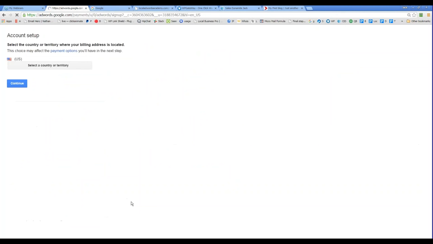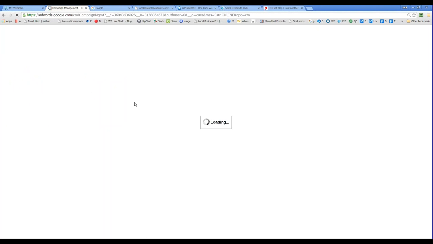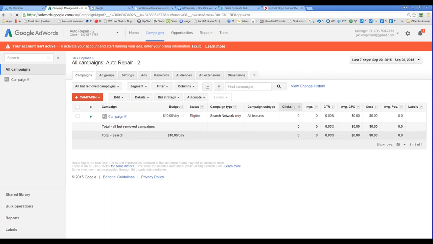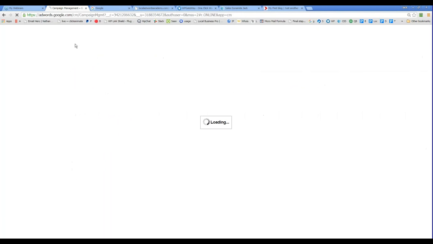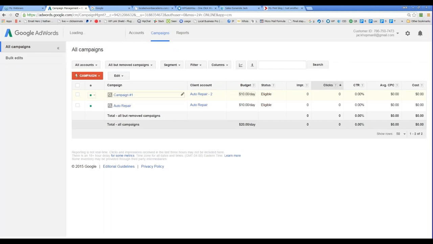So what Google now wants you to do is enter your billing information. I'm not doing that live, but that is just straightforward. Okay, and when you go to the campaigns, you will see that the first campaign is created, correct? We just did that. So if you go back to the MCC account, you will see now a new campaign, and let's call this Auto Repair 2.